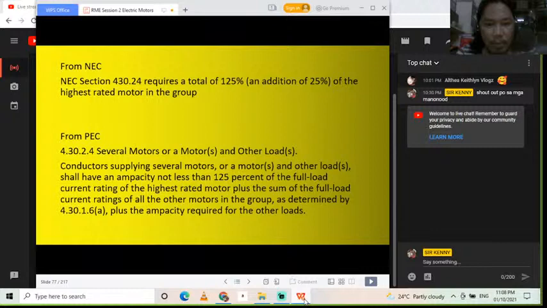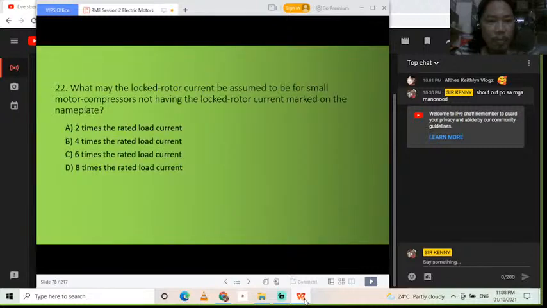Number 22. What may the lock rotor current be